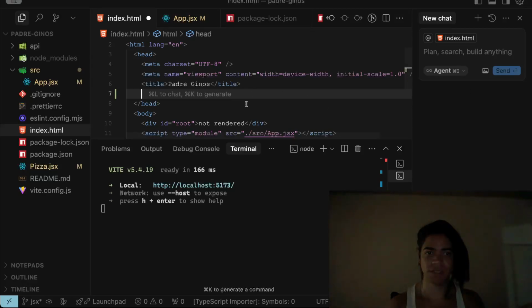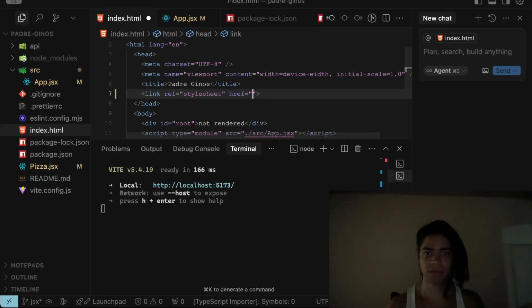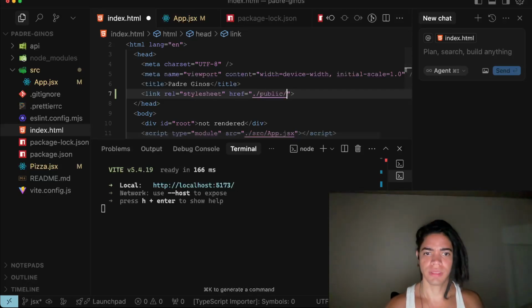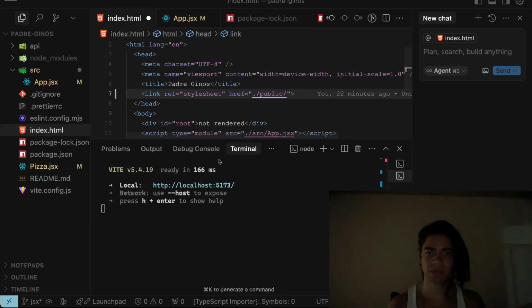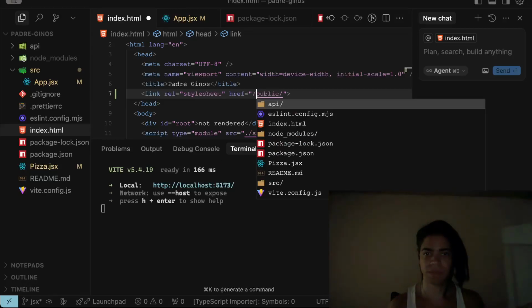That is the link, and I want to fetch that from the public, I think it is, or I think they're using a relative path for this. Exactly, public and the styles, that's right. It's using the public